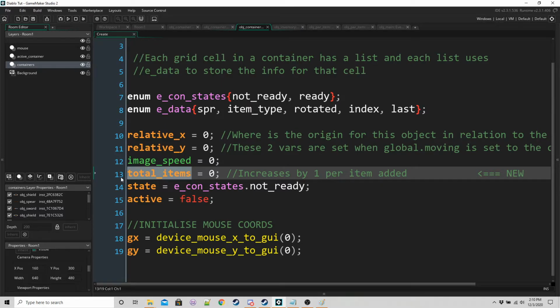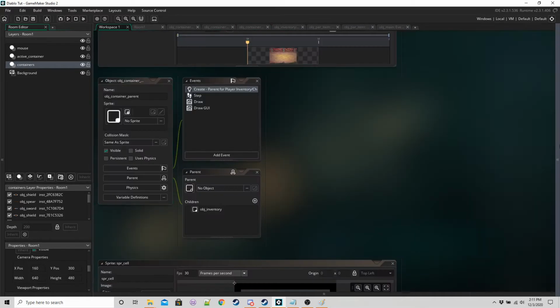So if you add a shield and it's the first item, then every cell under that shield is going to equal 0 for its index. When you add the next shield or a spear or something, it doesn't matter what, then every cell under that item is going to equal 1 because we've increased it by 1. You'll see what I mean when we get to the code, which is mainly in the step